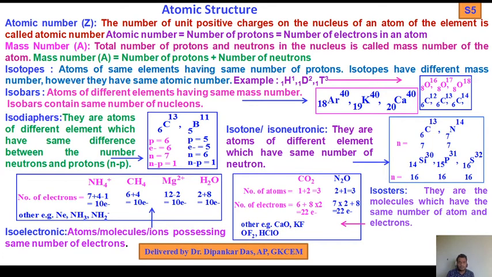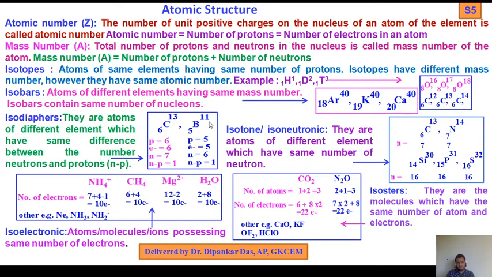How? Consider two isotopes, carbon 13 6 and boron 11 5. In the case of carbon 13 6, what is P? P means proton, the number of protons or atomic number, 6. If the number of protons is 6, the number of electrons should be 6. And if you subtract 13 minus 6, you get the number of neutrons, 7. Here the number of neutrons equals mass number minus number of protons. So n minus p, 7 minus 6, that is 1 for carbon 13 6.